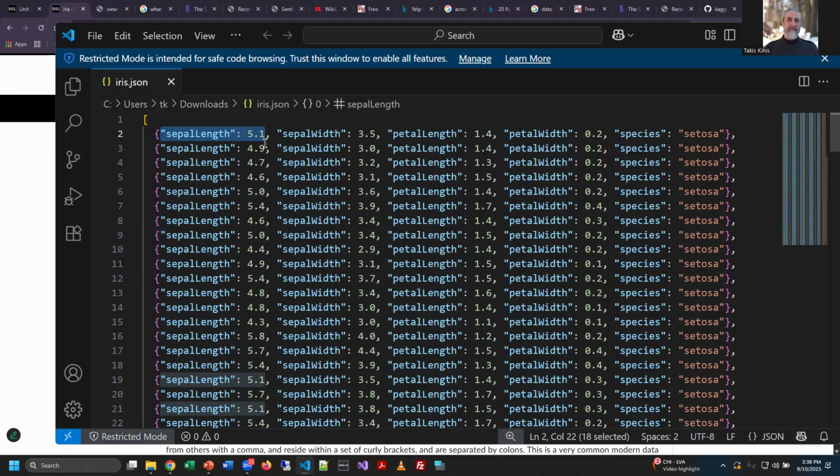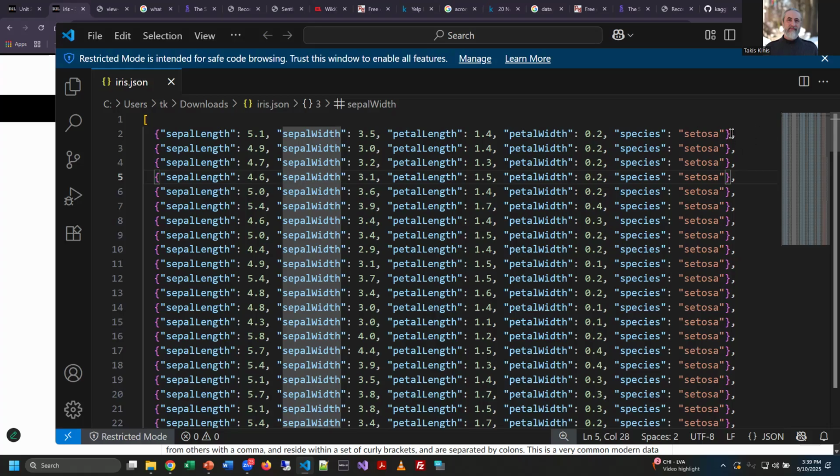And you notice the first part here where it says sepal length, this is kind of like the column name, right? And that's text, so there's quotes around it. Then there's a colon right here that is followed by a number, which is the data. So the number doesn't have quotes because we want it numeric. So the column header is text and the data is numeric. And then we have another piece of information or a different column, right? Separated by a comma. So these individual pieces here, that's like a column, a column, a column, right? And then each has its own piece of information.